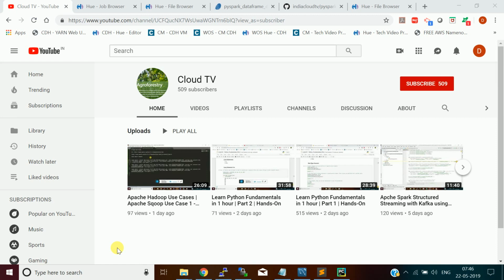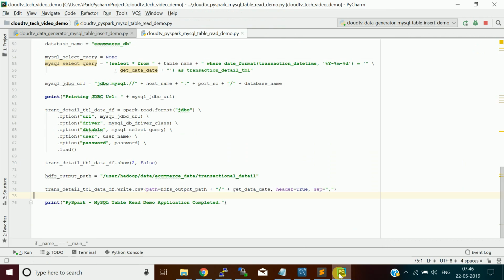What we are going to discuss today is that one of our friends requested how to run a Spark job using an Oozie workflow schedule. So I took a simple example, a PySpark job, which will be executed via an Oozie workflow. I actually took the same data set which he used for the Sqoop import